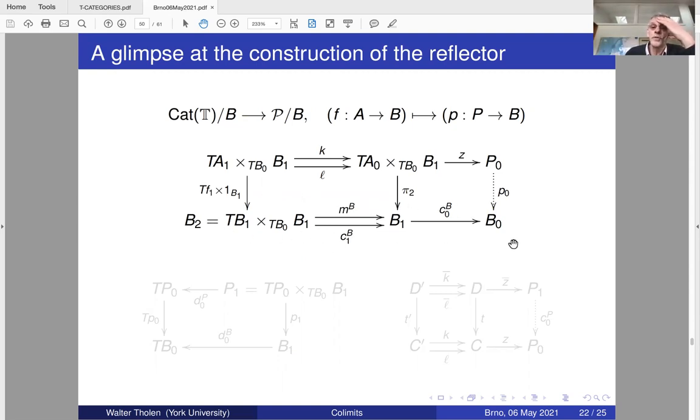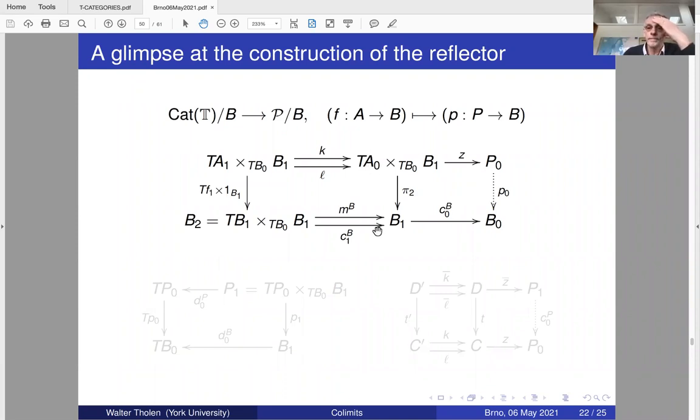That same is true for Burroni's T-categories. You have always for every object this nice reflexive co-equalizer. And now having the F, the only thing you do is you have to manipulate this part. So you replace it by TA1, and you have a morphism here. You have to do the same thing